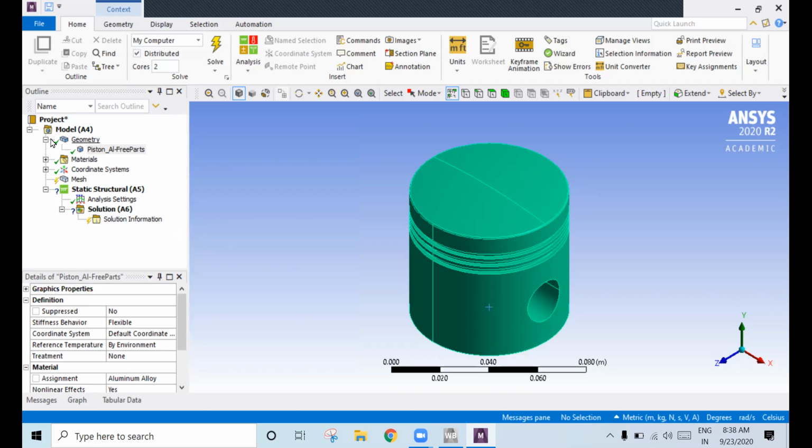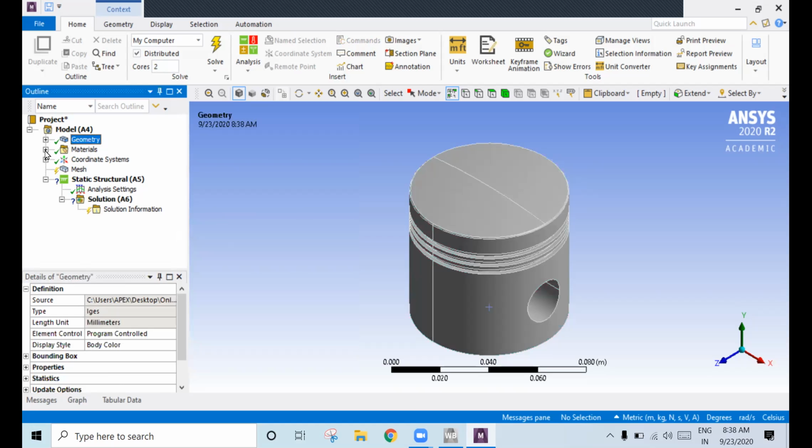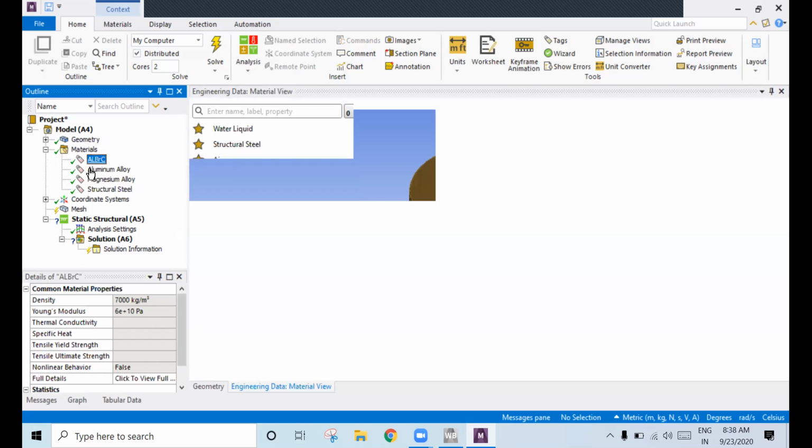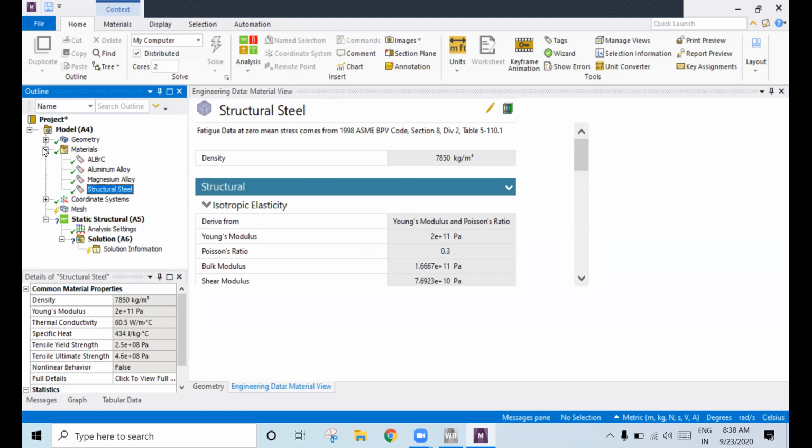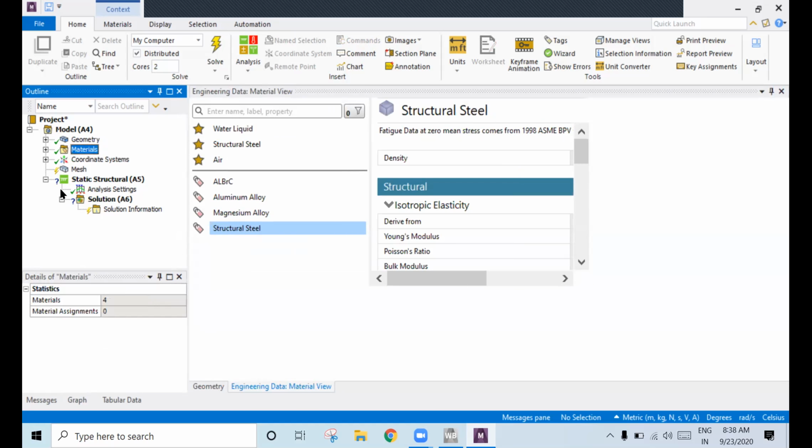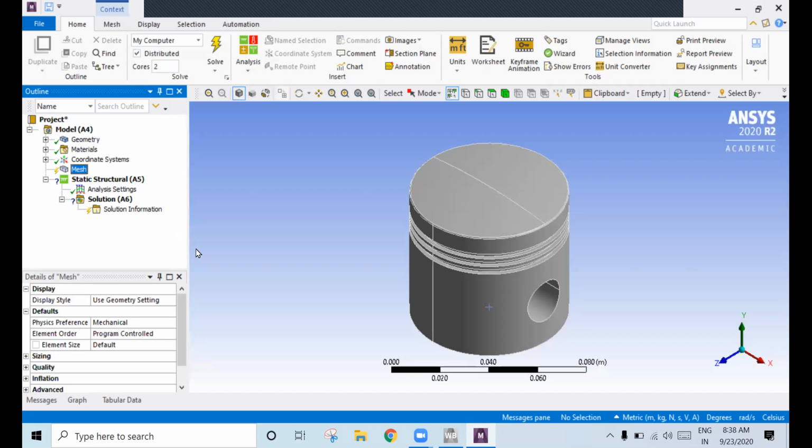Okay, next we have material. Leave it. Whichever materials we have assigned, it will show everything here. Next we have mesh. We need to mesh it. This has an infinite number of atoms, so we need to divide it into a number of elements.